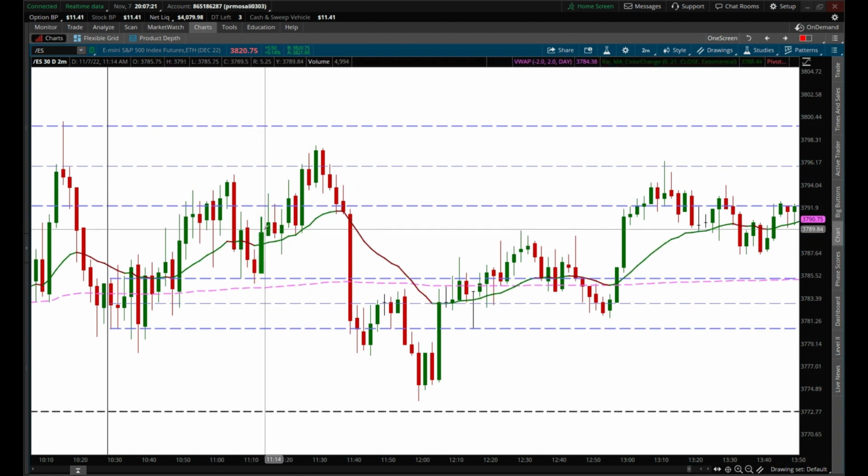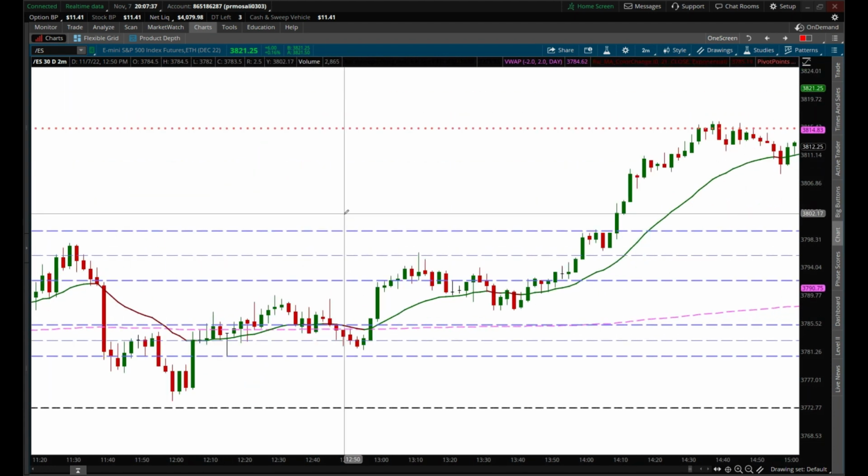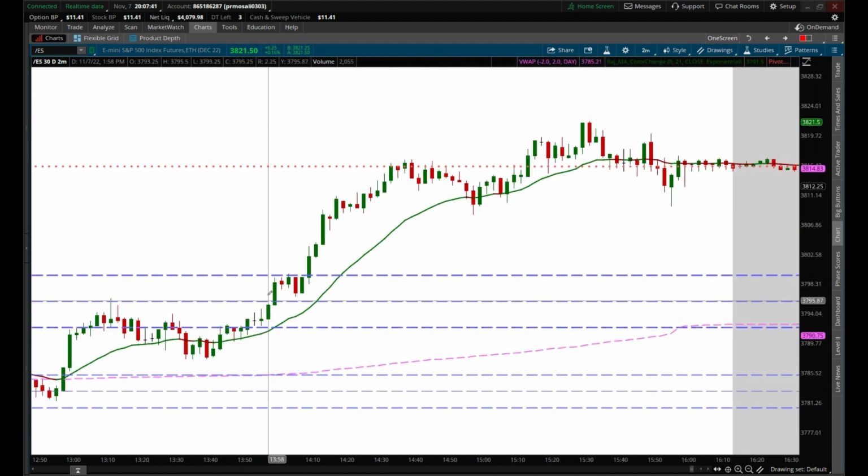But my biggest thing is, as I'm going up, I'm hitting another channel, so I would take my first profits here and then let the other one ride, but then I would closely trail the order, so that way I don't get any losses. This is unique in the sense it came back up, got rejected, but then you can see